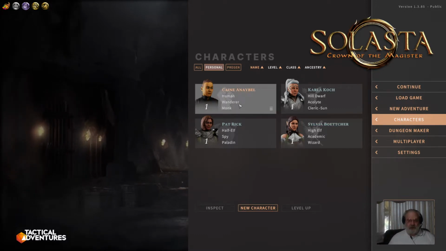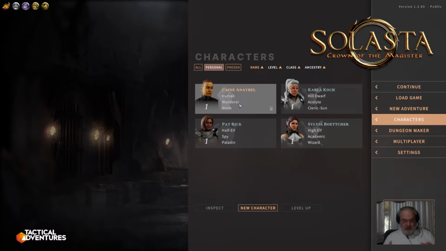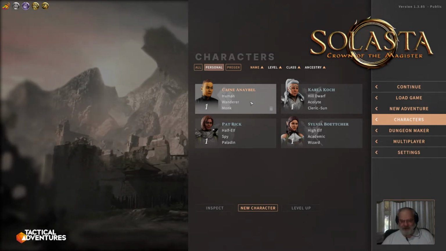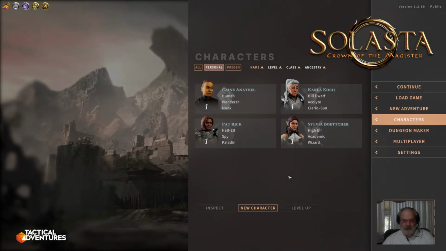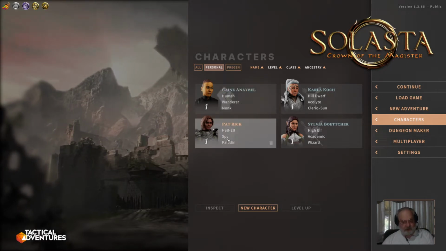I decided to make it a human monk, and I did that because in the community expansion mod I've got the alternate human choice activated, which gives humans a second feat, a plus one feat at first level. So they'll get two feats to start with. I think that's going to be critical because my reading of the monk in 5e is that they're weak. So I've got the monk, I've got a half-elf paladin with a spy background,